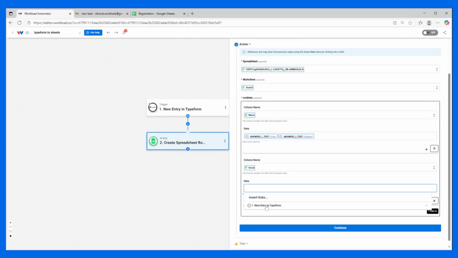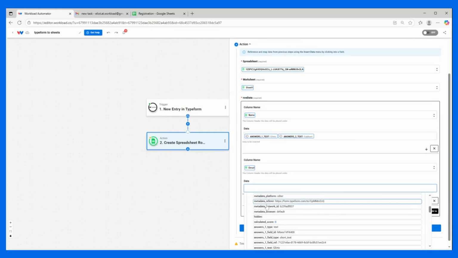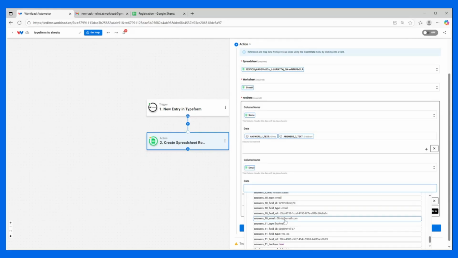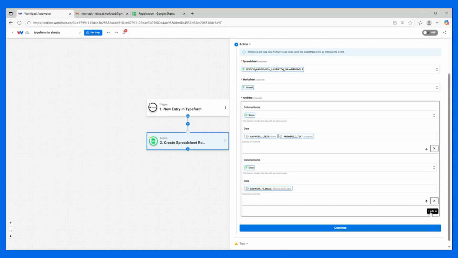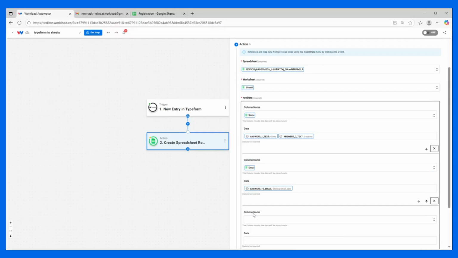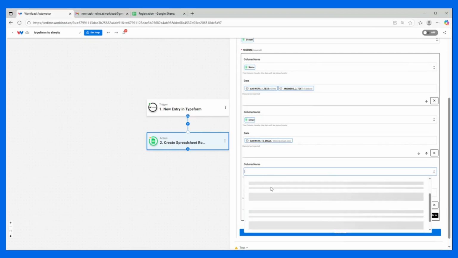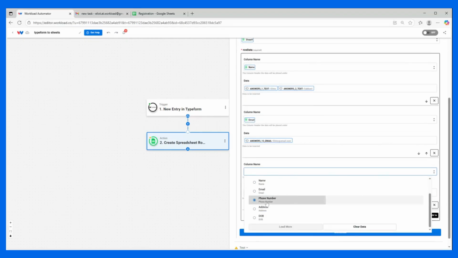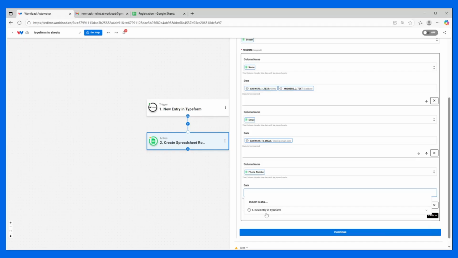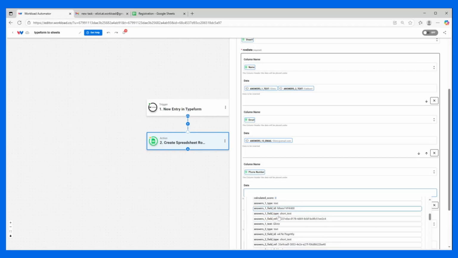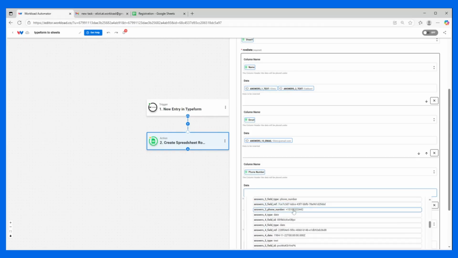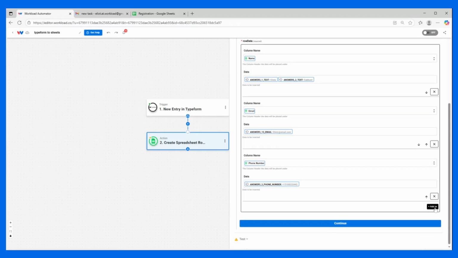So now I've got to find the email address, which is here, answer number 10. Add to phone number. Add to